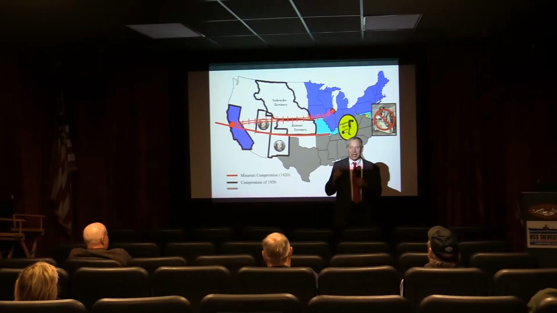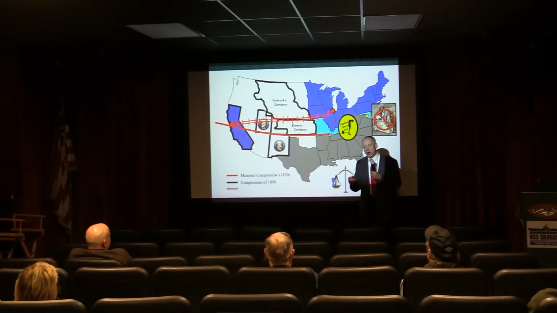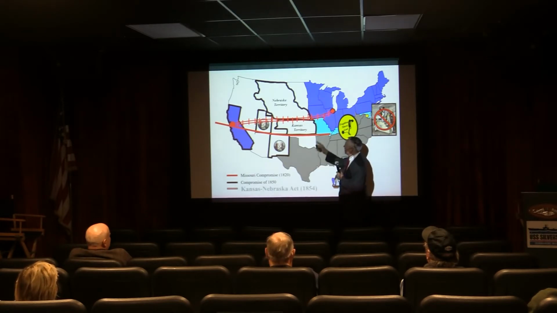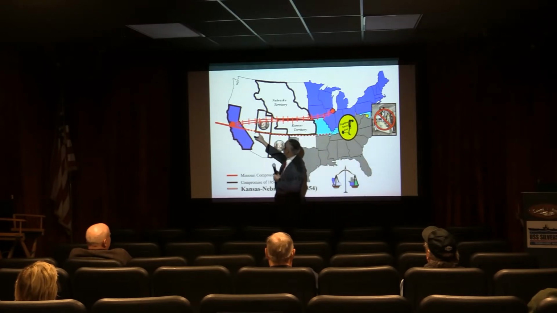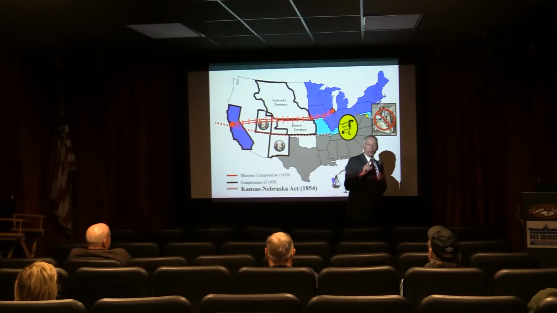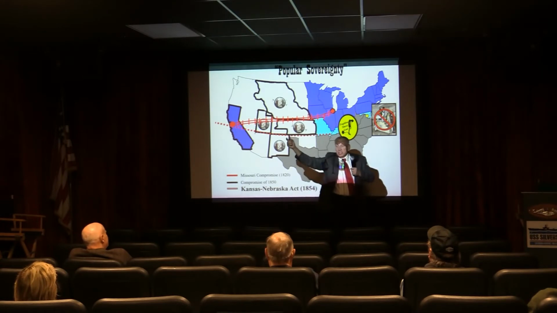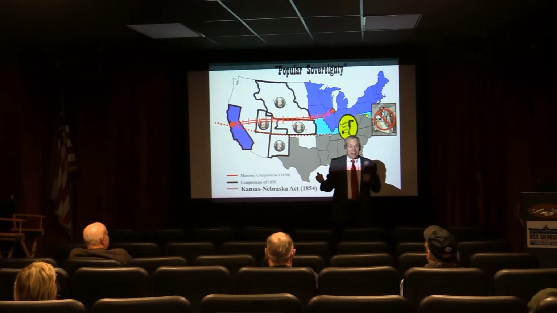And the Kansas and Nebraska loggerhead appeared to offer an opportunity for him to work some political magic. He came forward and he proposed the following. What we're going to do is eliminate that line. Gone. Forget it. And what we will insert instead is what we did in Utah and New Mexico. And we're going to say popular sovereignty in Kansas and in Nebraska. Let the people decide. Sounds great. Let the people decide.